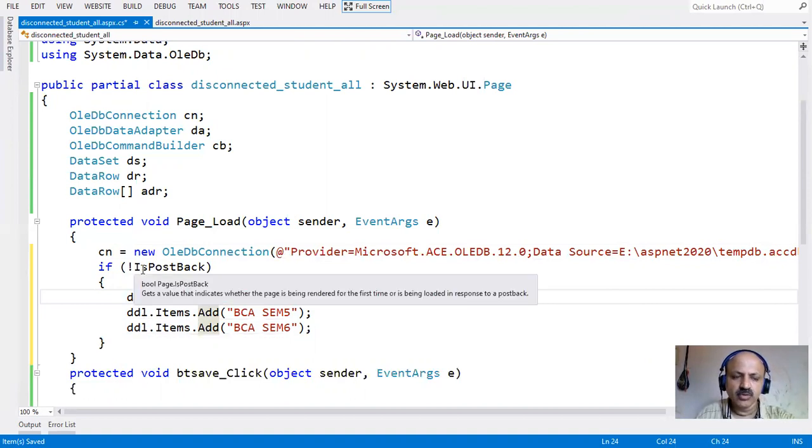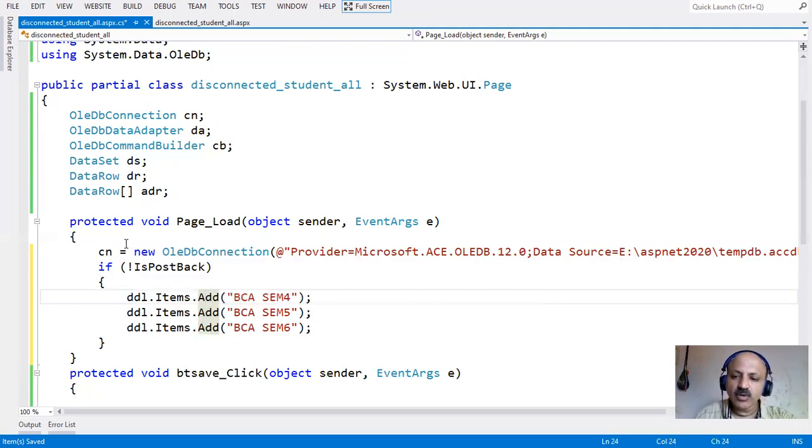The first time it is false, so with not equal to it is true, and otherwise every other time it is true, so with not equal to it is false. So the code executes one time, that is the meaning of IsPostBack. Okay, that is very important.